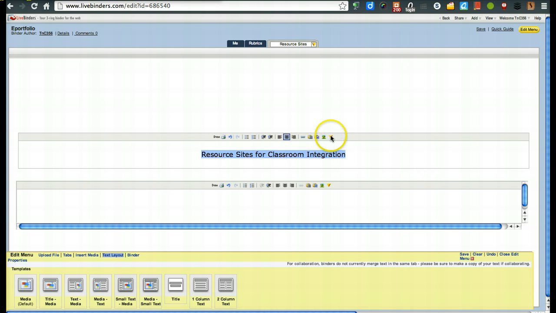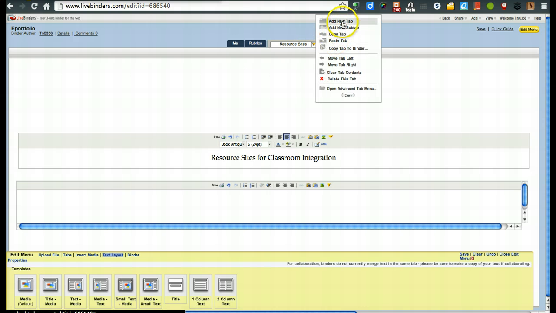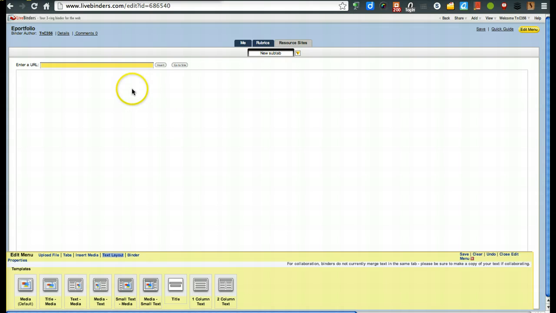One thing you may want to do if this is going to be your title is, again, increase the size of it and use the same font that you have been using. Okay, so once we're done with that, now we'll go to add a new sub-tab. And what you could do here is we'll put in Discover Education, put the website in,